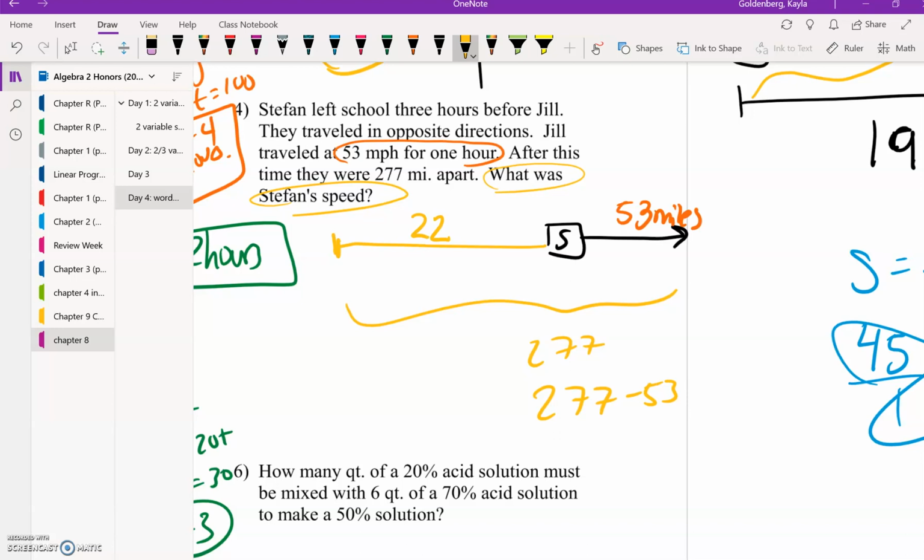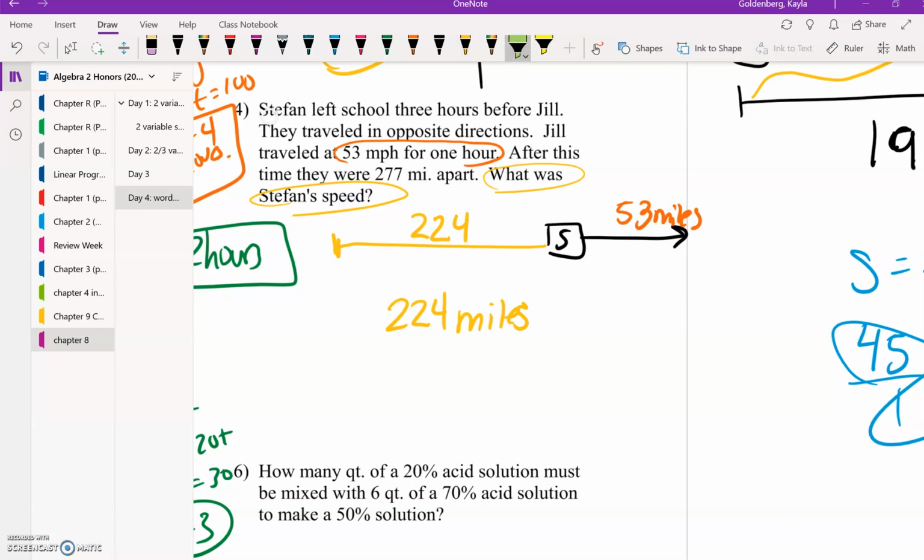So Stefan went 224 miles, which means he either traveled by car or he used his freaky vampire speed to run really fast. Let's see. So from here, we want his speed, and remember it was after 1 hour that Jill got that far away. So if I went 224 miles,